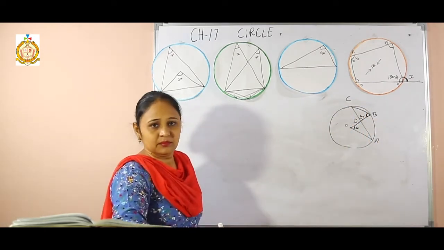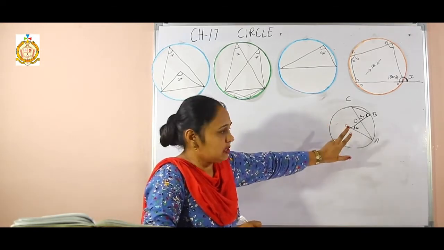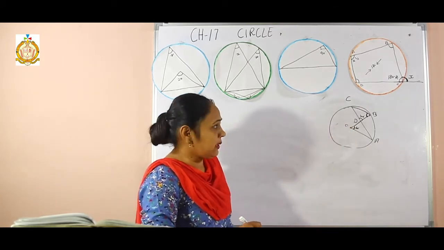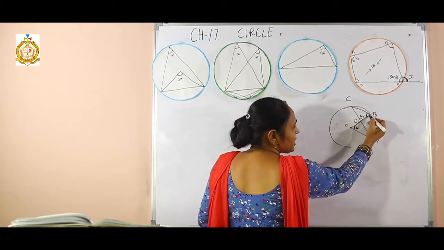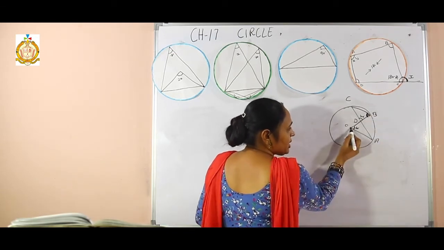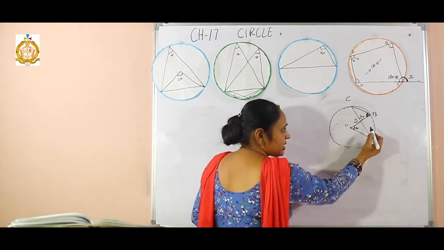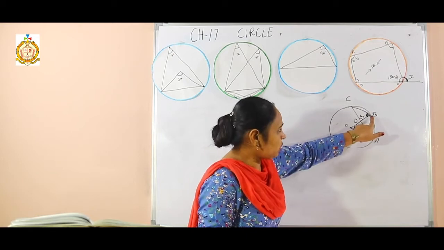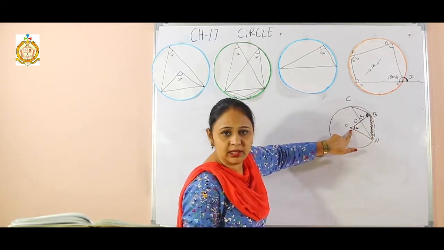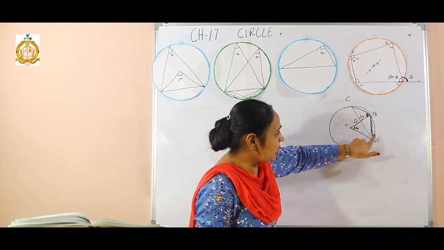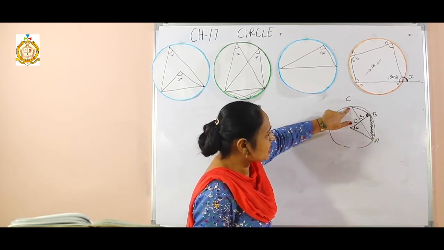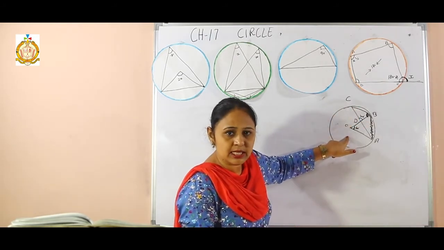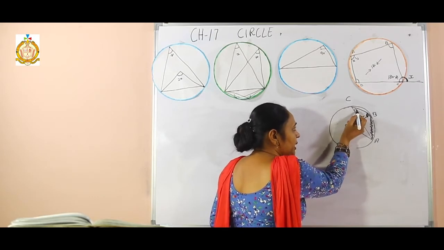Now see this figure, please. This center angle is given as 60 degrees. If I want this angle, this one, this angle at the center is 60. If I draw a base here like this one, on this base this angle is at the center. On this same base AB, one point goes to point C on the circumference. That means this angle will be half of the angle at the center. If this is 60 degrees, this will be 30 degrees.